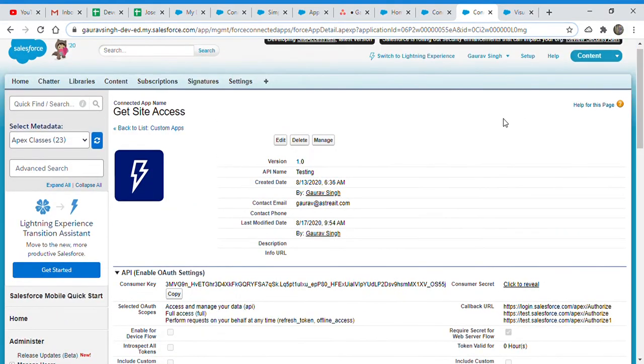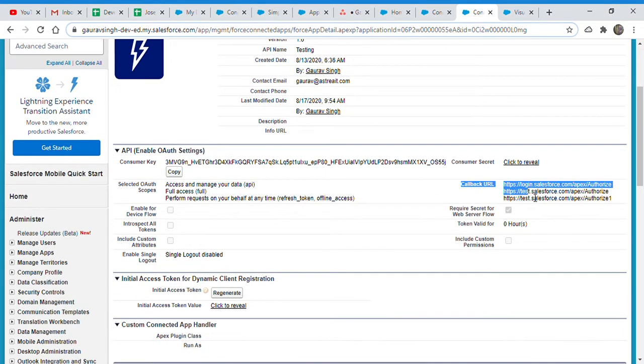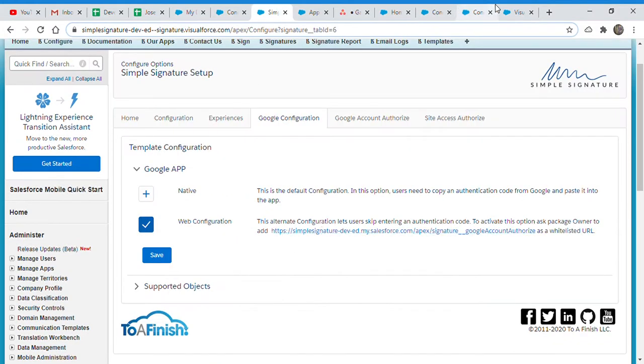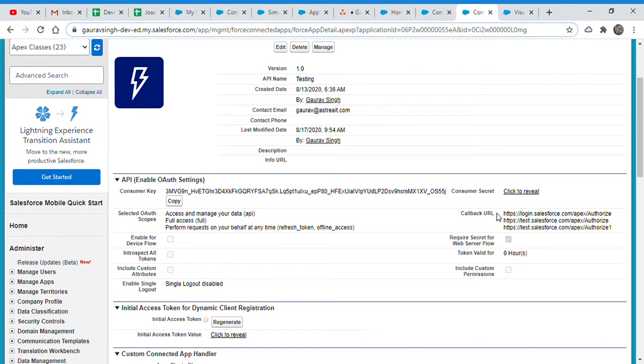So the first thing I wanted to say is that we should have a default connected app which has two types of callback URLs. And if the clients don't want to create a connected app or do a lot of configurations, they can just give us the callback URL from the setup, and we can add that. Otherwise it will still work, just like it's working right now. It will redirect to the login or test.salesforce.com page, and he just has to log in. This is a one-time configuration, so you don't have to do it again.